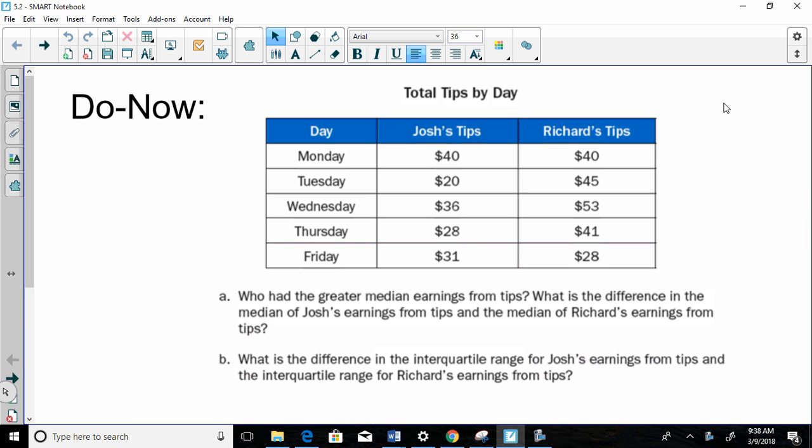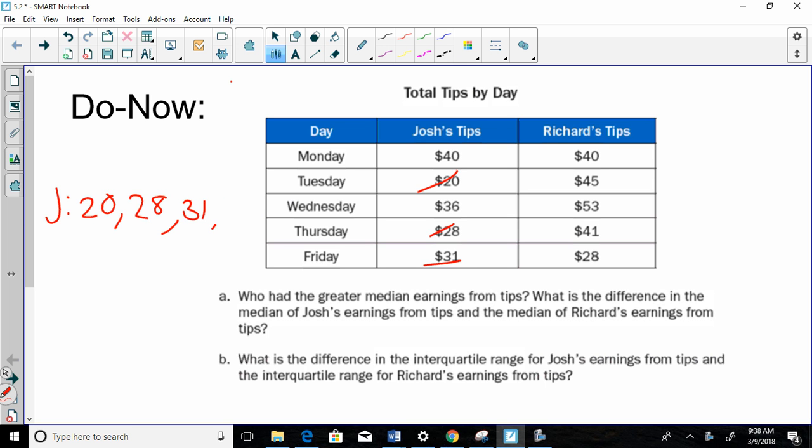So, we're going to go over this. It asks who had the greater median. First, I need to list them in order. If you did it in the calculator, you don't need to list them in order. The first thing we do is Josh's tips first. What's the lowest amount he had? 20. And then what? 28,